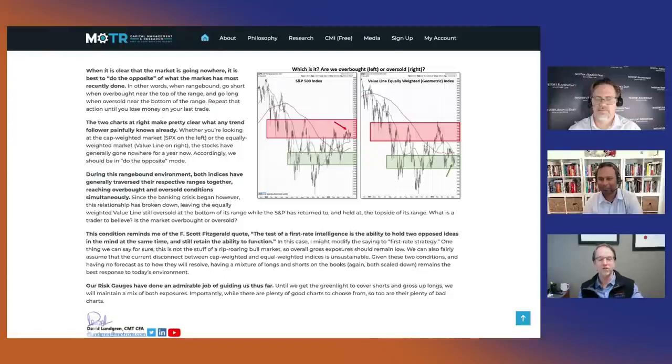Yeah, the quote on this page from my website says this condition reminds me of F. Scott Fitzgerald's quote: "The test of the first-rate intelligence is the ability to hold 2 opposed ideas in the mind at the same time and still retain the ability to function." Right? That's what this is all about. And so you can puzzle about it, you can be confused about it. And that's all fine. I'm not saying that's a bad thing. But at the end of the day, if you just step back, what it's actually saying is,